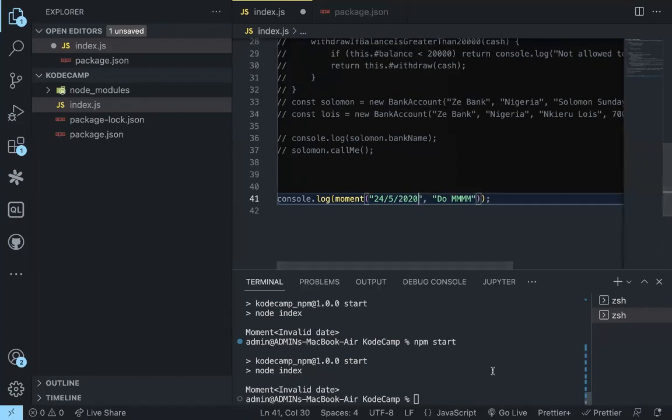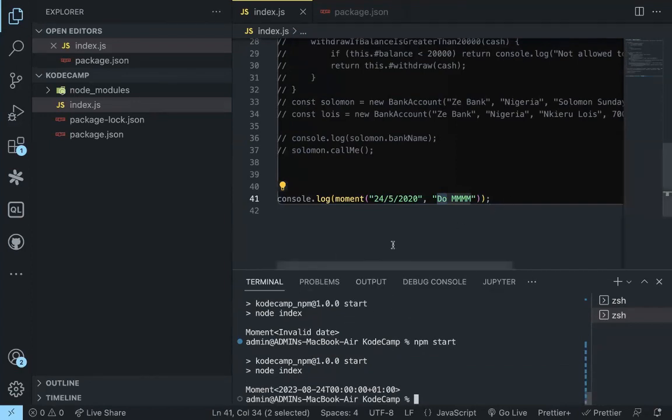And I want it to show something like 24th, and then it shouldn't show 5, it should show May. So this MMMM is like saying the long version of the month. If it is September, it should write September, not Sept. Then this Do is like saying the day, but adding the TH or the RD to it. So if we run npm start,